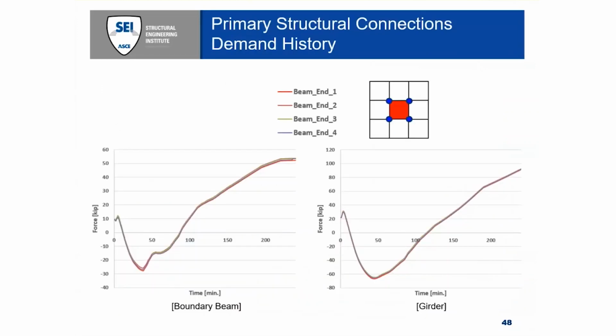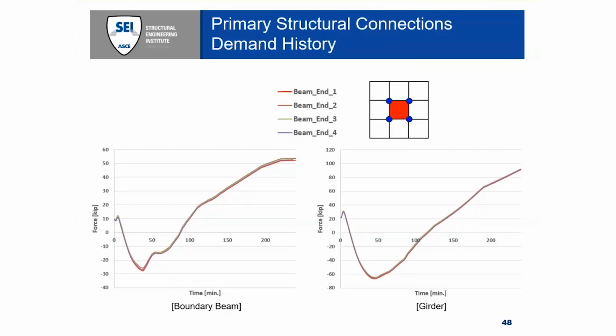We also need to look at the fire effects on connections. And the fire effects on connections will vary based upon what connection and what location of the building. So first we looked at locations shown in the 4 blue dots, and we plotted the force history on each of these connections throughout the heating phase, which would be compressive, and the cooling phase, which would be thermal contraction and pulling in on the connections.